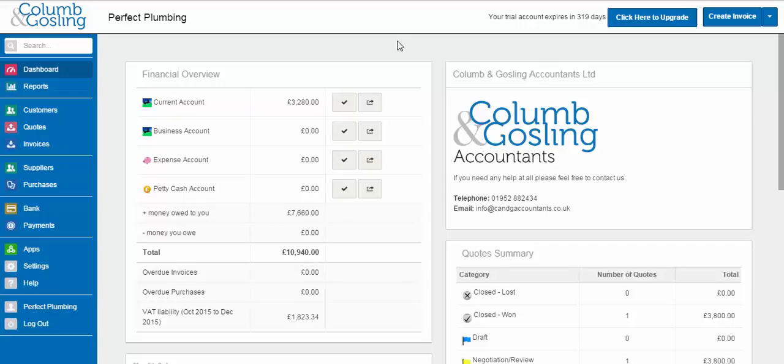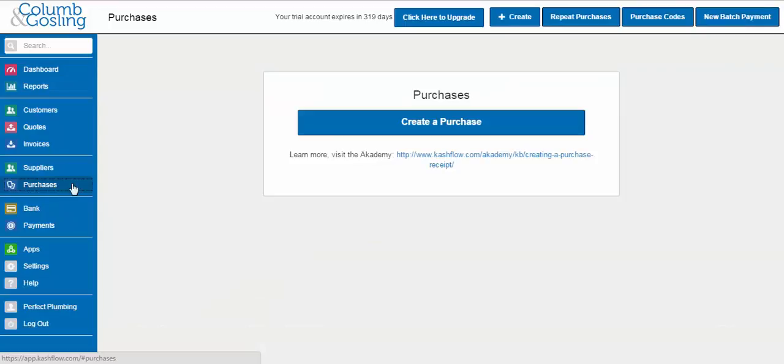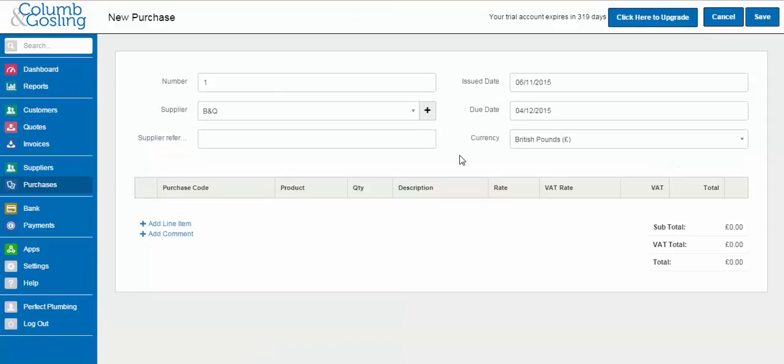In this video, I'm going to show you how to use the Purchases module to generate purchase invoices to buy in stock. Firstly, on the left hand side, go to Purchases. Once you're in here, you'll see you have the option to create a purchase. If you click on here, this will bring up the purchase invoice screen, and we can see that this is